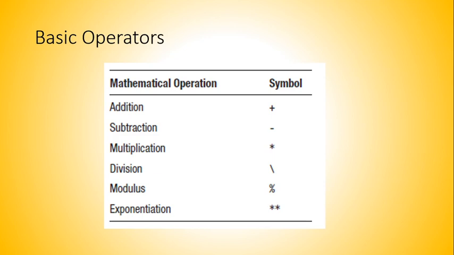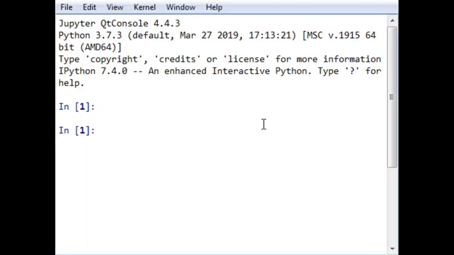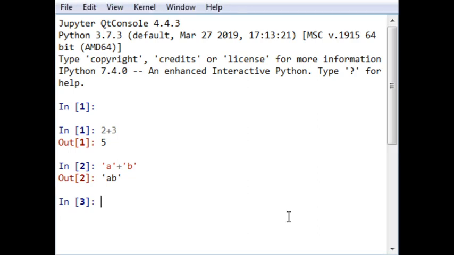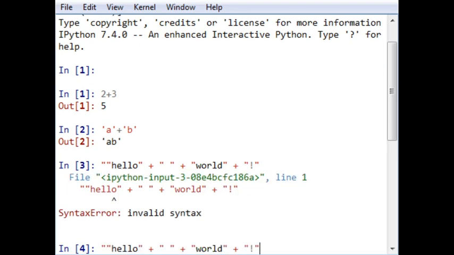First of all, let me open the Python console. Okay, so the first operation I am going to write is 2 plus 3. I know its output will be 5. Now, as I have suggested, if it is a string, then the output will be a concatenation, that is AB. Similarly, if I write hello world in this line, the output will be with concatenation.